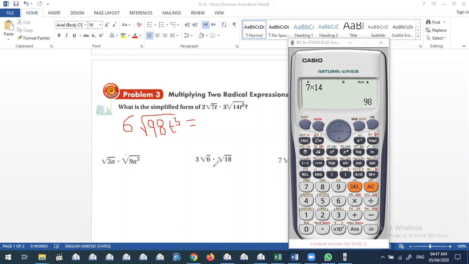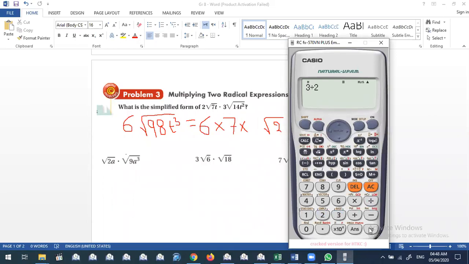Don't forget to simplify. How come? We need to find square root 98. Like that, square root 98 is 7 square root 2. So don't forget 6 times 7, because we still have the letter, square root 2. What about the letter? The letter here is to the power of 3. So I'm going to make